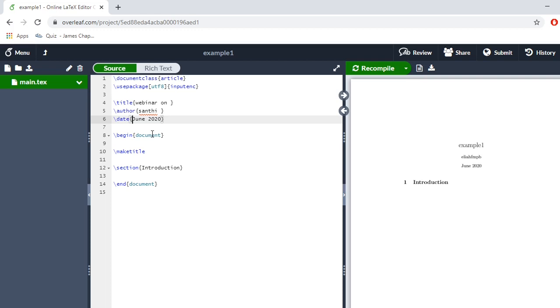After that, you compile whatever modifications you make on this left side pane. You have to compile here, and only then will they be transferred into the document. Actually, these are the title and author's name available here. Now I have modified them as webinar on and author's name Santhi. Now just compile and see, those modifications will be brought down here. So, webinar on and Santhi, like that.